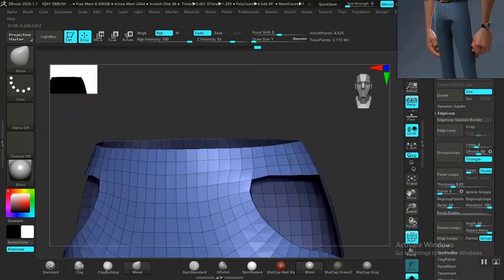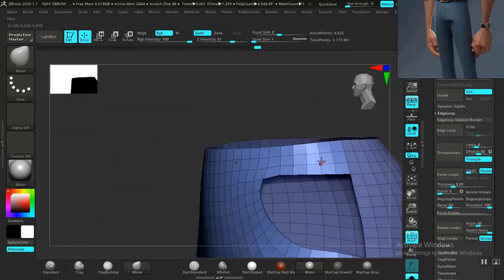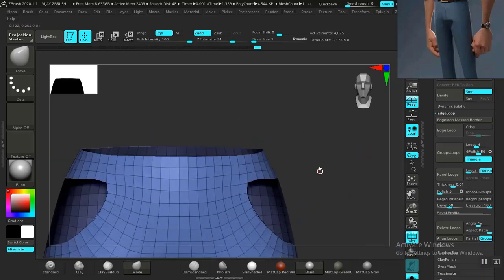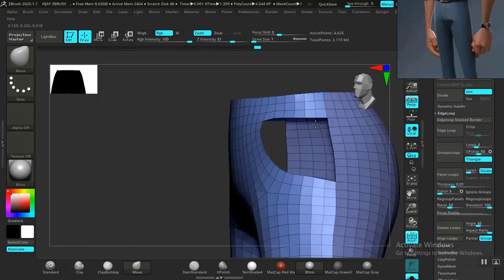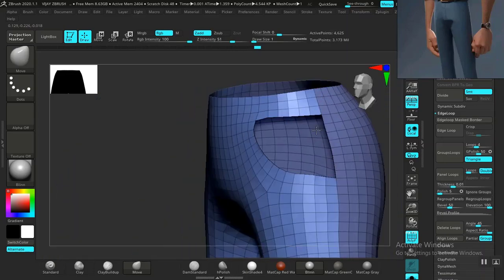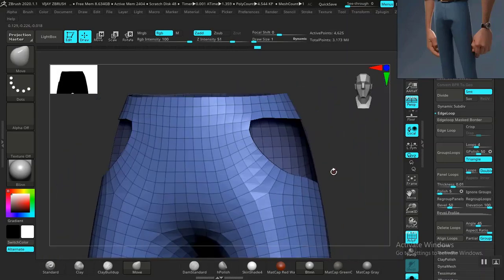I'm just kind of looking at this region around here, because this will actually look weird if I cut this out, because a bed is going to be covering most of this part though. So I think, yes, I think I would just